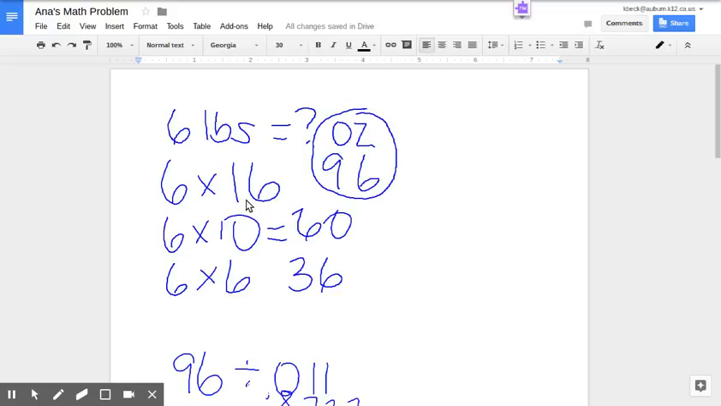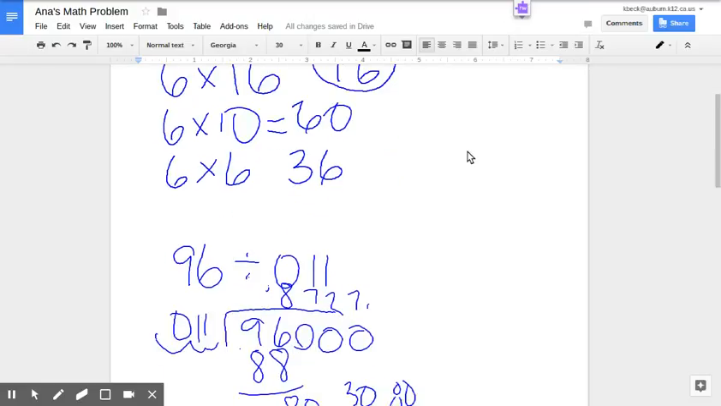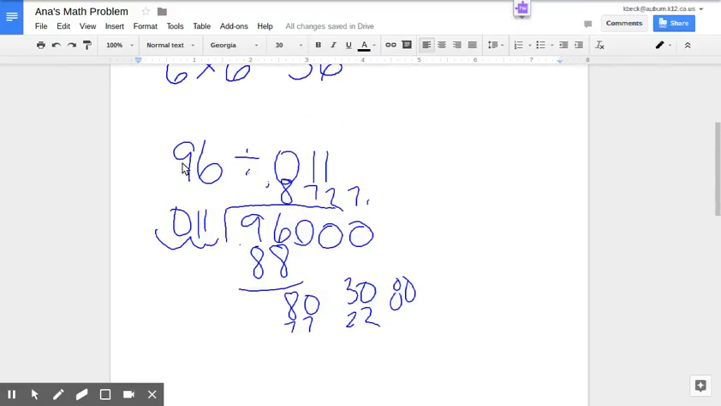So 6 times 16, and I just do the mental 6 times 10 equals 60. 6 times 6 equals 36, so it's 96 ounces. Then I do 96 divided by 0.011. If I follow that algorithm, I move the decimal 3 spots, so after the 96, I add 3 zeros, which gives me an answer of